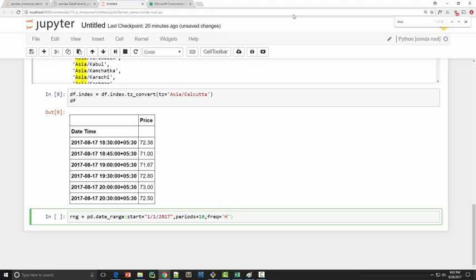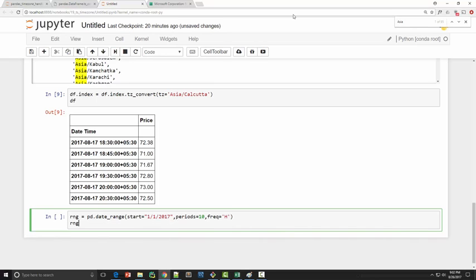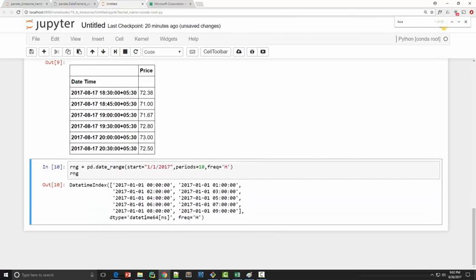When you create a range like this, it is creating naive datetime objects in your DatetimeIndex. You can create time zone aware datetime objects by supplying the tz argument, where you will supply the